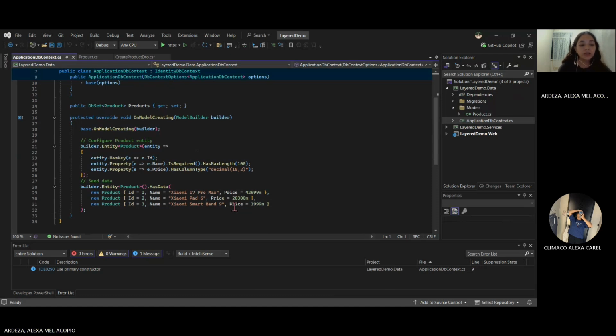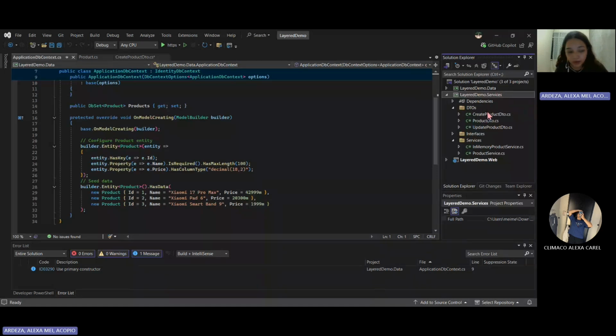Next is the LayeredDemo.Services layer. This layer is to separate business logic from data access and the user interface.